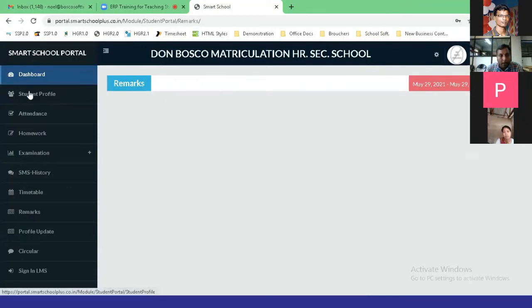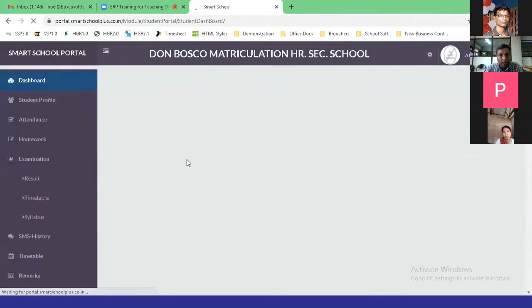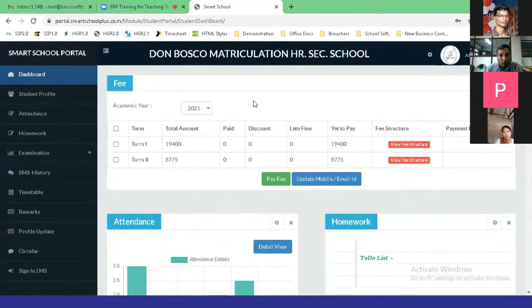And you have the left-hand navigation. If you click on the dashboard, you will be able to see the fee structure as of now. This school is using the fee structure. Some parents will be paying the fees in the mobile app mode also. They'll be able to see or pay the fees using the laptop mode also. I am sure that you would have gone through this particular fee structure also.